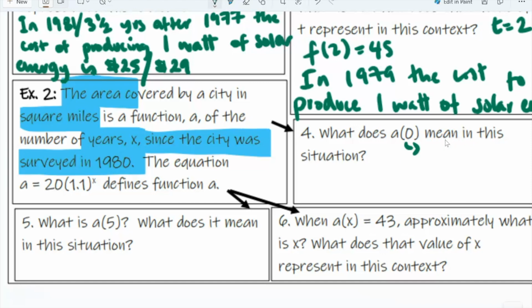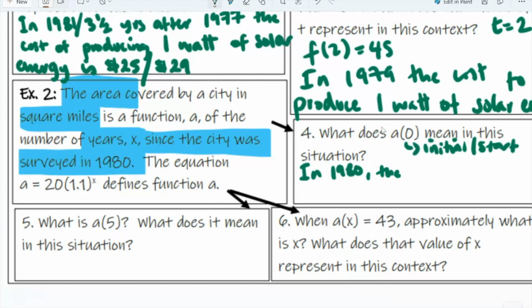So this is my initial start. And in this context, so that's what it means by definition. But in this context, it means, and again, a couple of ways we can say this, when the area covered by a city was first surveyed in 1980, or before any time had passed after the city was surveyed. Okay, so we're going to write it as in 1980,